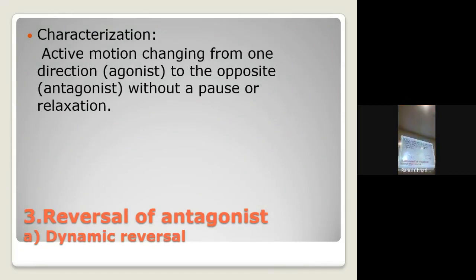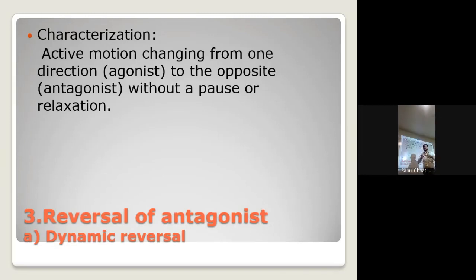So you can treat elbow flexion or extension, or the elbow joint as a whole. Say for example my elbow extension is limited, so the culprit here is the biceps muscle. I can use the combination of isotonics, or I can use the reversal of antagonist also. So first what will I do? I'll go for contraction of the biceps muscle, full contraction, through the available range of motion, continuously, without giving a pause. As soon as this is finished, the therapist changes the hand position and goes for triceps contraction, and then asks the patient to relax. This is dynamic reversal. After dynamic reversal, we are going to see the next one, but first we'll concentrate on this.